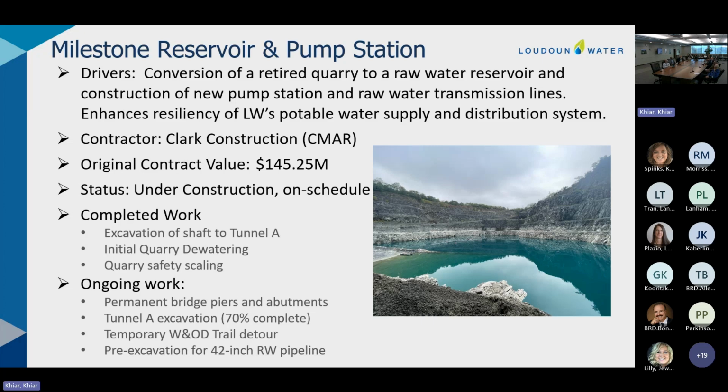Pre-excavation of the 42-inch raw water pipeline is also intended to support efficient installation, right? We don't want to get to the trail and then find that we have a bunch of rock to deal with. So we've done a lot of pre-hammering to make sure it's pretty well broken up. So when we have to go in, constrained by that restriction, we can just get the pipe installed and get going.